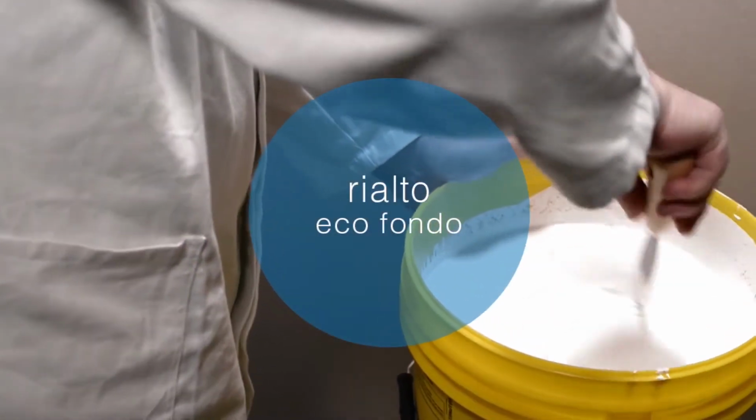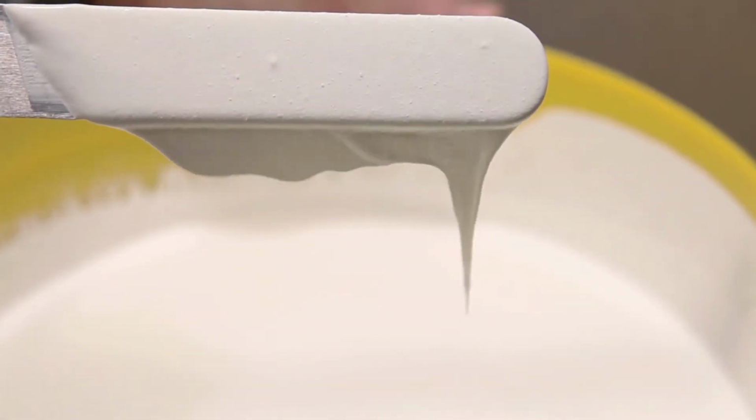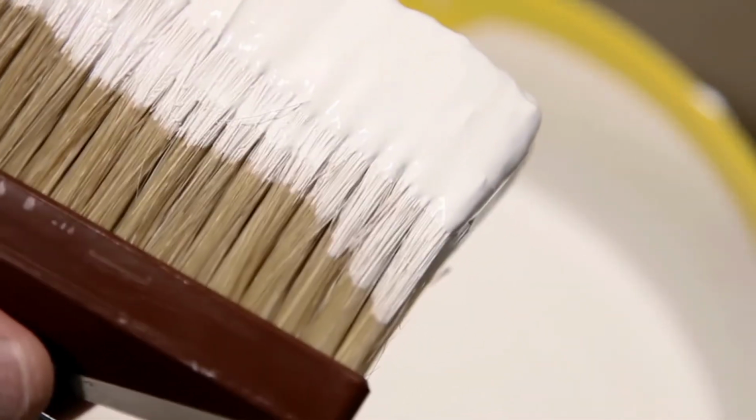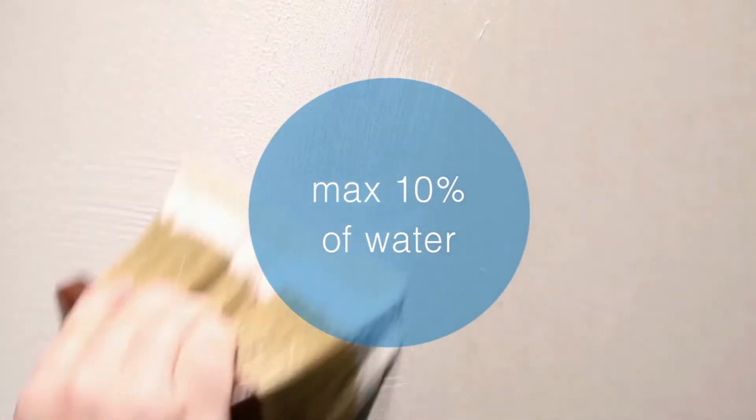Homogenizing the absorption of the wall and being fully compatible with mineral finishes such as lime products makes possible the application of paints and plasters such as Rialto Epoca 800, Antiqua, Epoca Marmo, and Rialto Mediterraneo with only one coat of treatment. Fondo di Aderenza Outdoor or Eco Fondo Indoor can be used directly or diluted with a maximum of